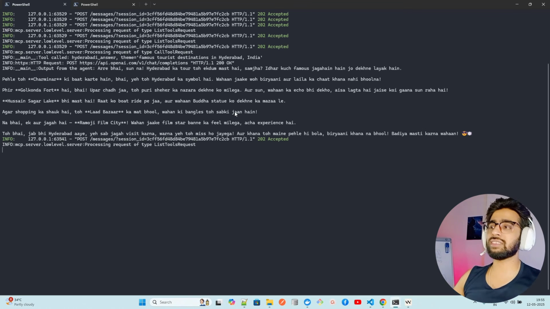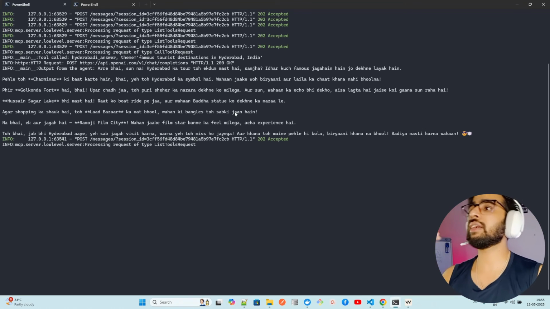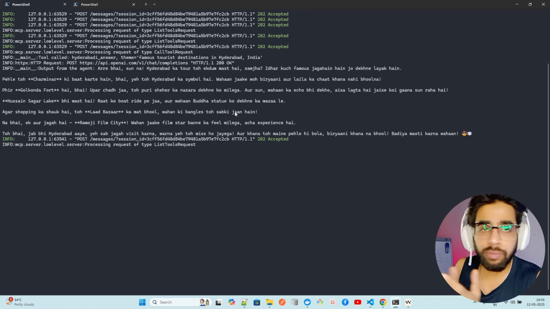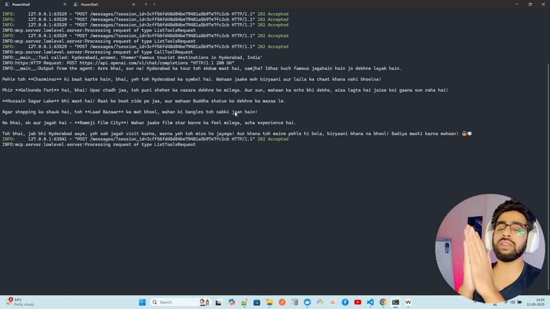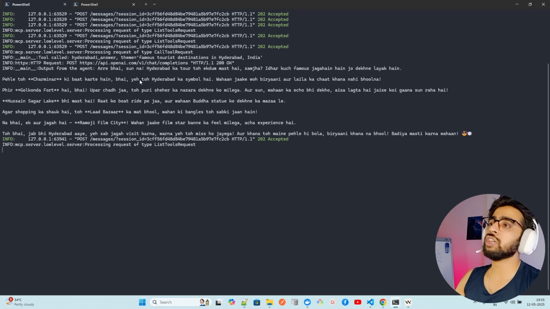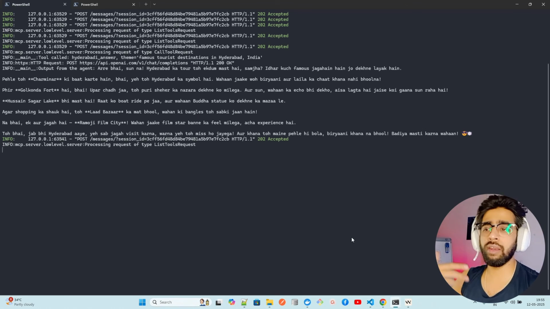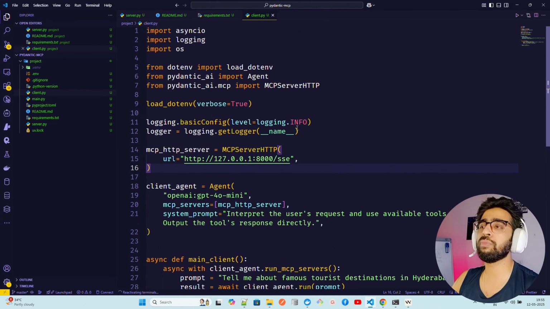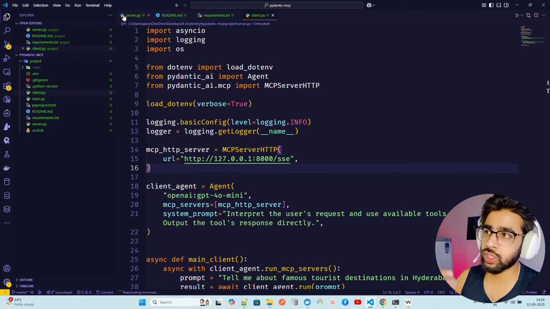So you can see this is what it interpreted as the theme for the tourist destination, and then we have given the prompt that it has to answer in the Hyderabadi accent. So basically it answers in the Hyderabadi accent. So that's how you guys can build a lot of different types of systems. Not only this, you can build whatever you want, but yeah, a very simple boilerplate to start with: PydanticAI